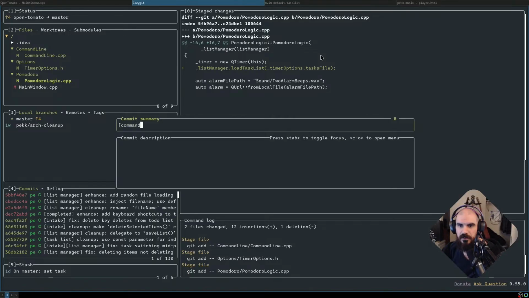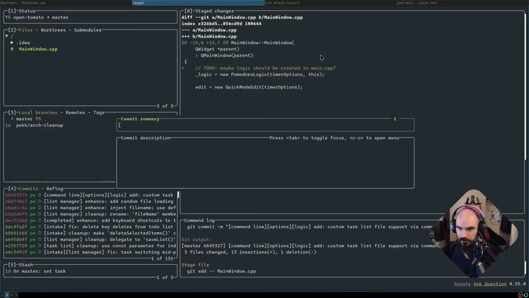And then this will be command line, options, logic, add custom task list file support via command line, option -f. By main window,